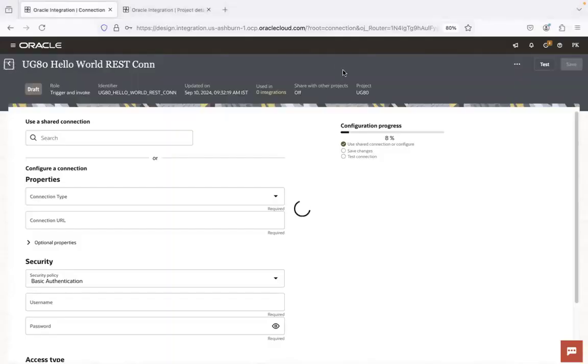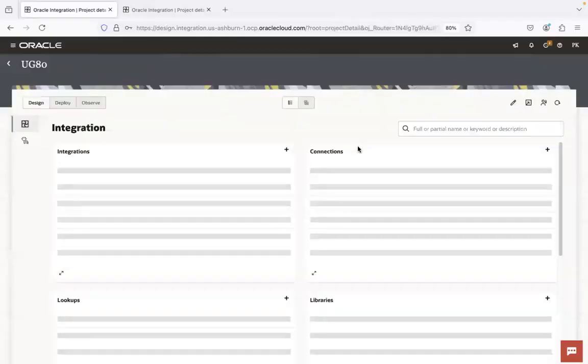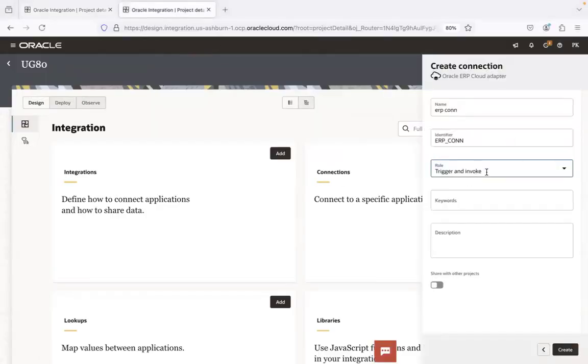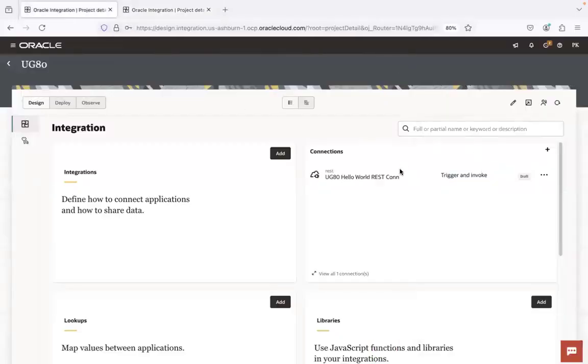So to keep it simple, whenever you're creating connections with generic systems, like ERP Cloud or HCM or Salesforce, we normally go ahead and build the integrations with a role as trigger and invoke for generic systems. And when we create the connections with